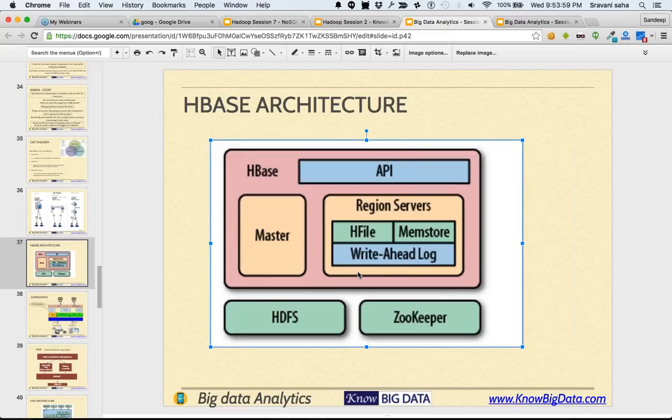So whenever you have to write to a table, say insert a record, update a record, or insert a column, delete a column, update a column, all of this happens through the master. So you inform the master, and the master informs the region server. In case you are writing a lot of data to the region servers, in those cases, the master connects you to the region server.